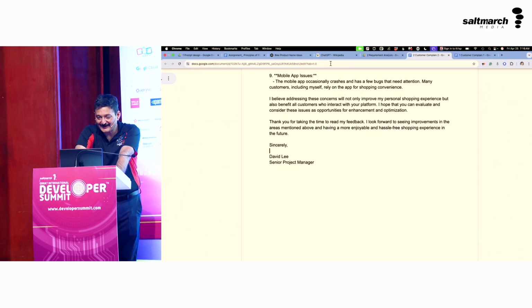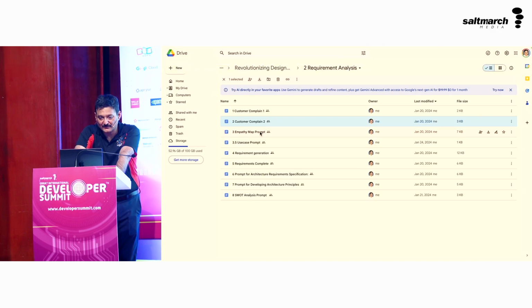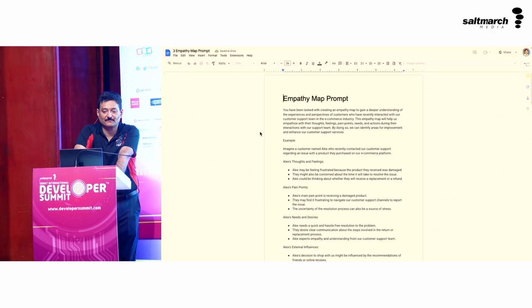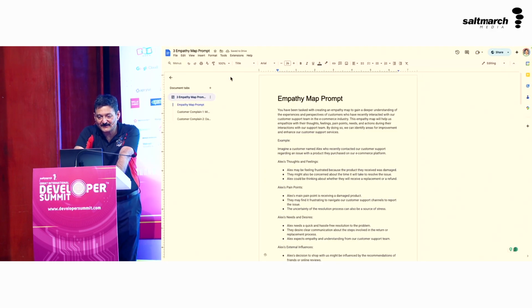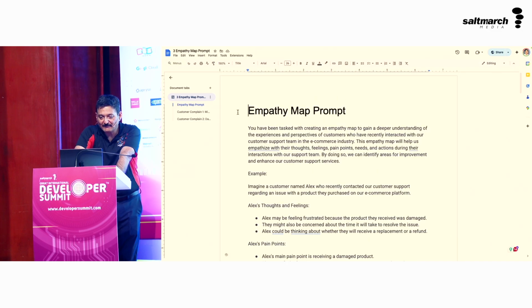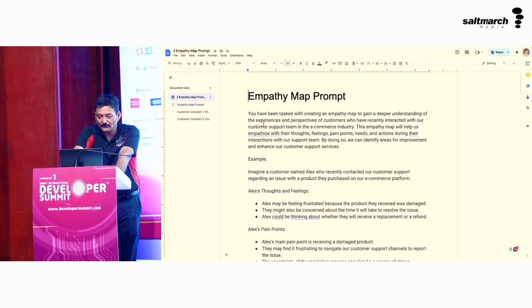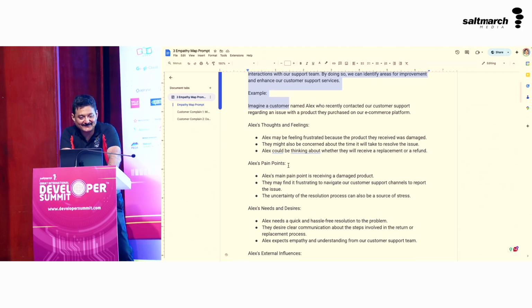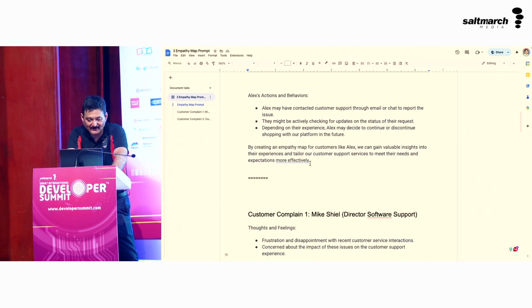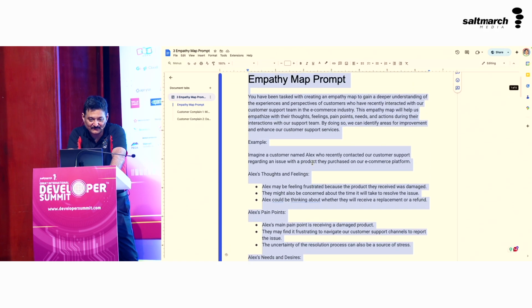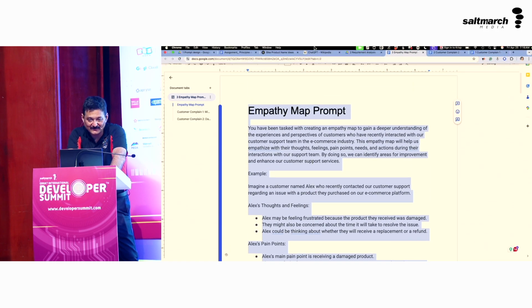Now, once you get these problems, what can you do? You can create an empathy map prompt. What is the empathy map prompt doing here? Whenever you get something to do, you first create a prompt definition. In this case, I give an example. This is the way the prompt is. Okay. Now, based on this prompt, with an example given to me, what I can